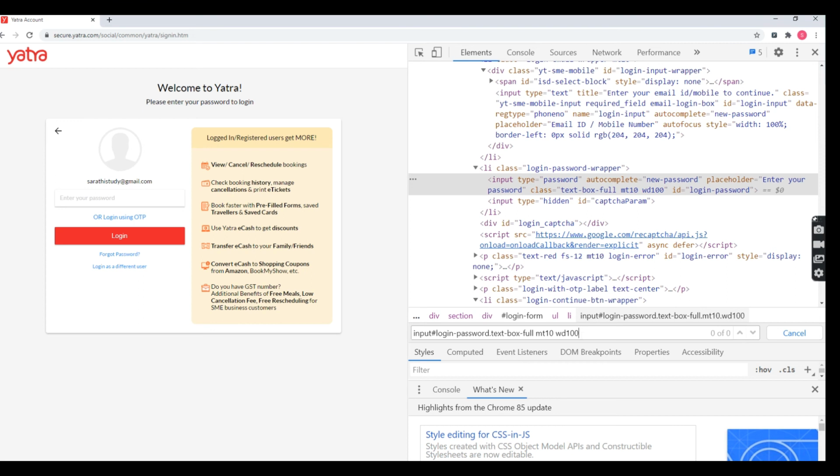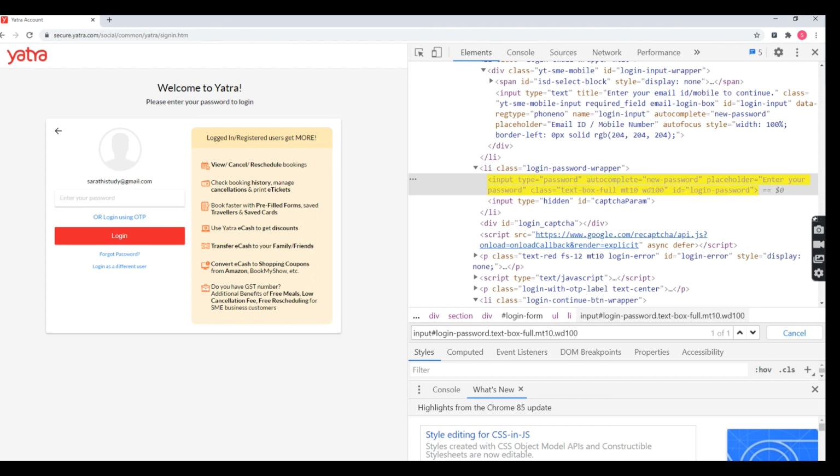Why? I already told you, after pasting an attribute value, if you see any space in between characters or in between words, you can replace it with a dot. So here I can see a space, put a dot, remove that space, again put a dot, remove that space.